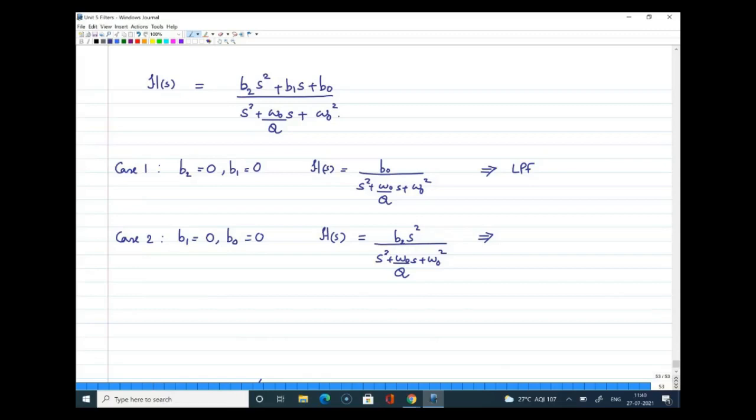If I say that the system is a band pass, then at s equal to 0 and s equal to infinity, at both points, you should get H of s as 0. Will you get that here? You have s square, s square. If I cancel, I'll get 1/s in the denominator here.